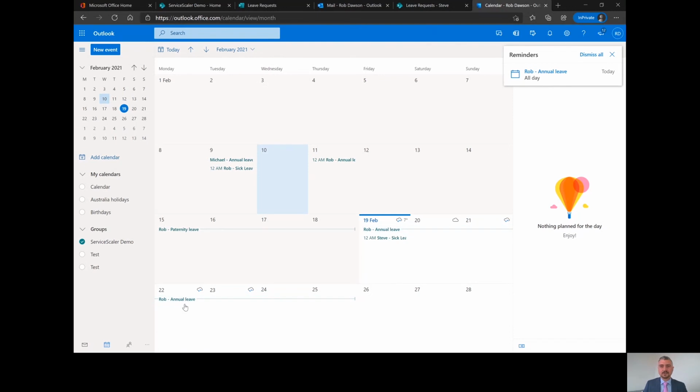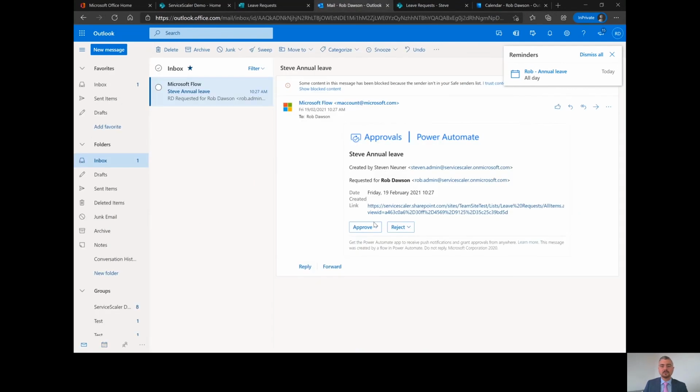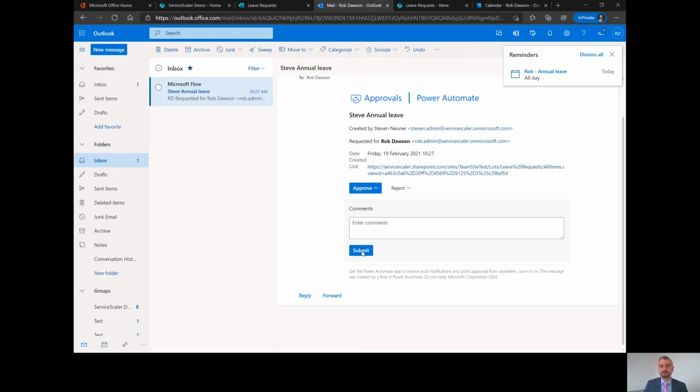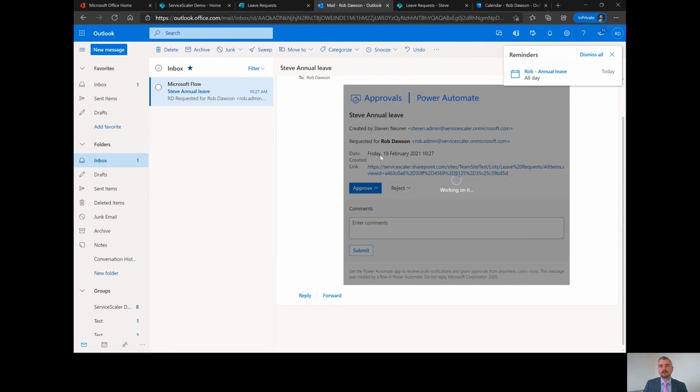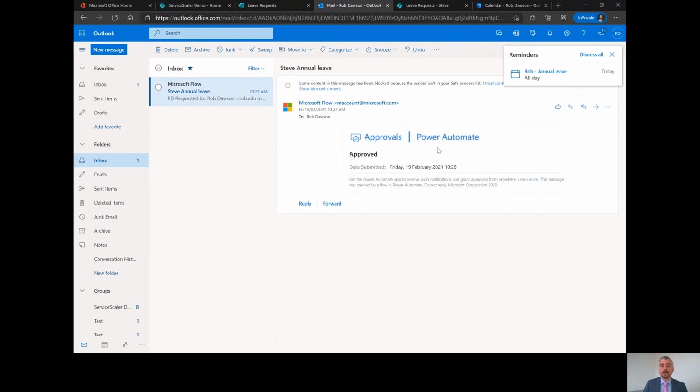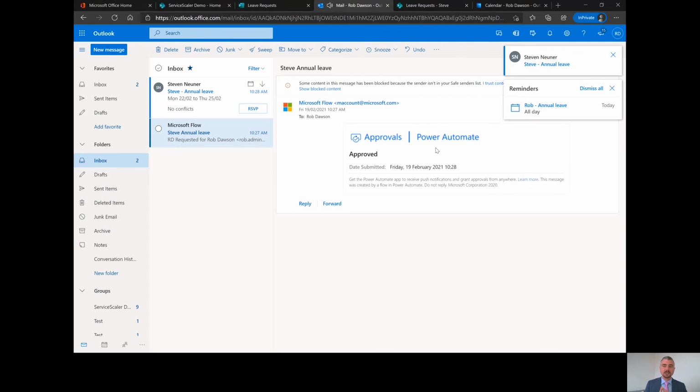Well, I work in sales and Steve works in service, so that probably should be okay. So what I'll do is I'll just jump back and simply approve that request so that Steve will be able to have that annual leave. Now, two things are happening in the background. It's actually writing that transaction out into the group leave calendar, does that automatically, and it also puts it in